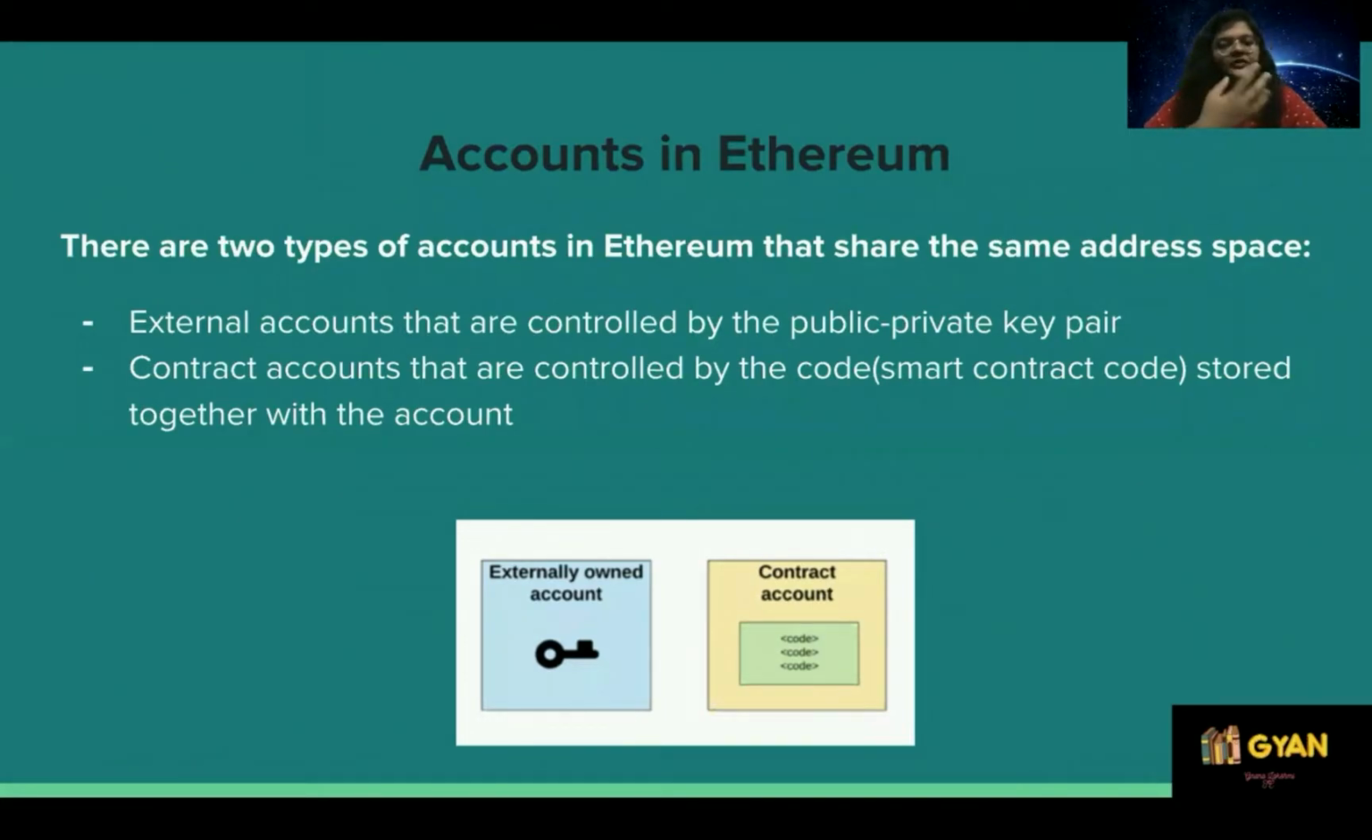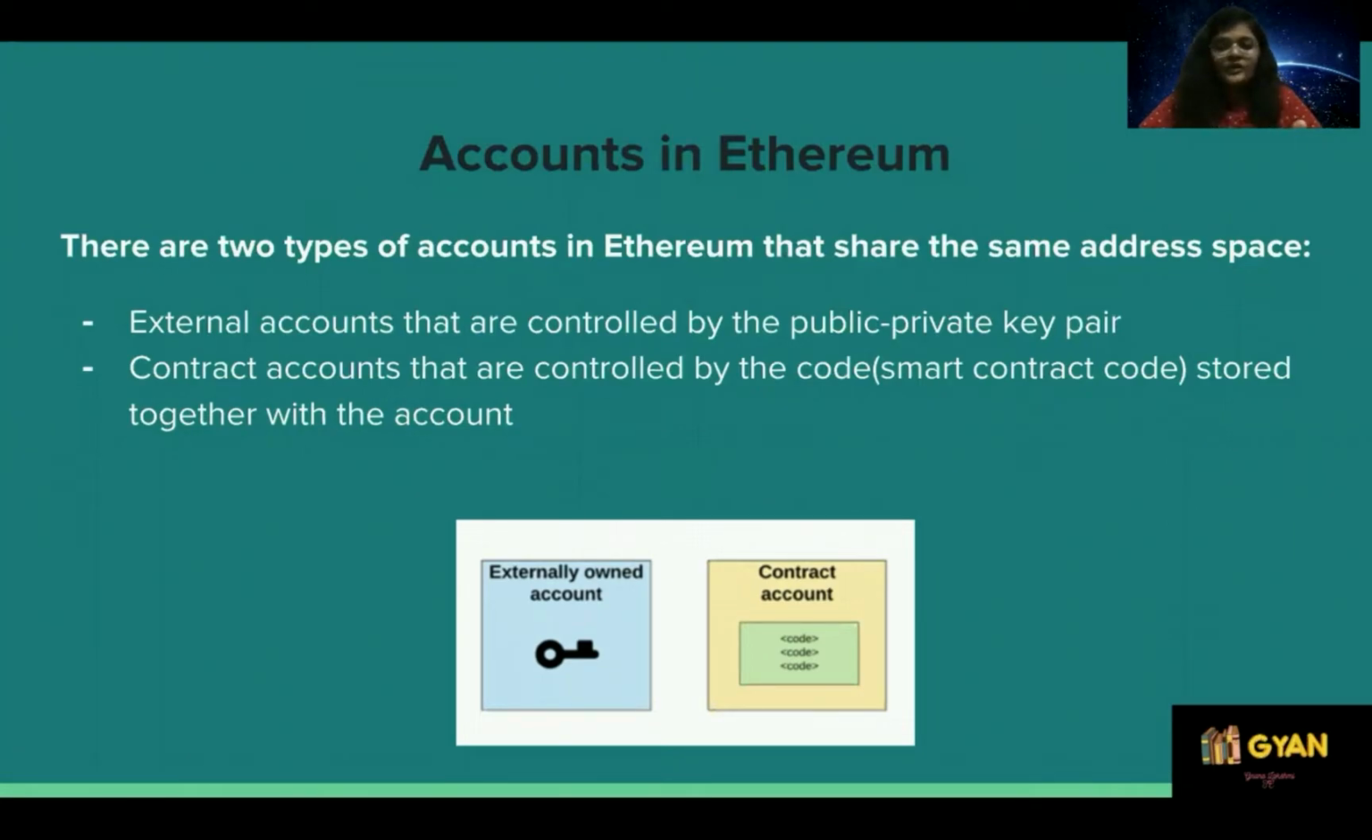There are two types of accounts in Ethereum that share the same address space. The first one is known as externally owned accounts, or EOAs, that are controlled by the public-private key pair. So, your externally owned accounts are nothing but accounts that you create to store some ether, right, as a part of your wallet. Your contract accounts